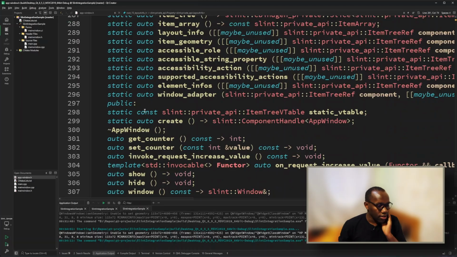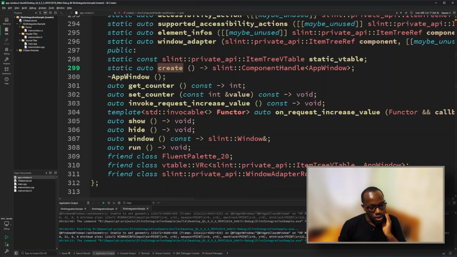And so on the public side, the public interface provider has the vtable, and then you have the create method, which returns a component handle for the app window, and the destructor is also public. And then the get and the set counter for setting the property counter, and then you have a callback called request increase